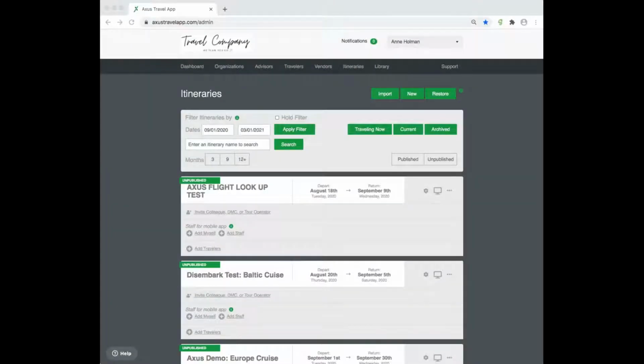So the first concept I want to talk about is how to adjust your itinerary filters. Again, this might be a reminder, but the default setting is 6 months from today's date. So for those of us, I'm in America, it's going to be for me September 1 to March 1